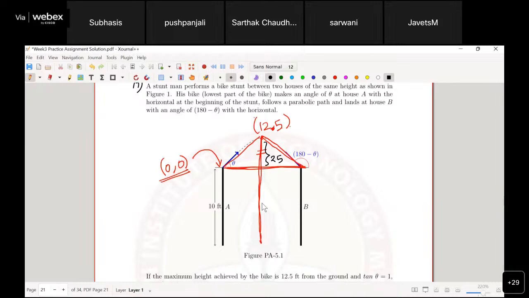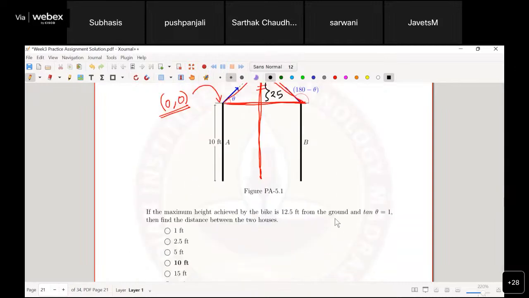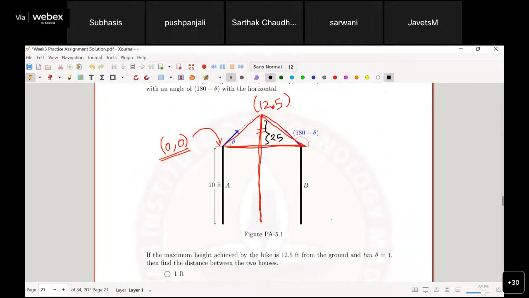Is it given that theta is 45? Tan theta is 1, so theta will be 45 degrees if you take tan inverse of 1. Why is tan theta 1 here? It's given in the question, right? Below, tan theta is 1. Yes, correct. So if tan theta is 1, then theta is 45 degrees. So my approach was that if theta is 45 degrees,